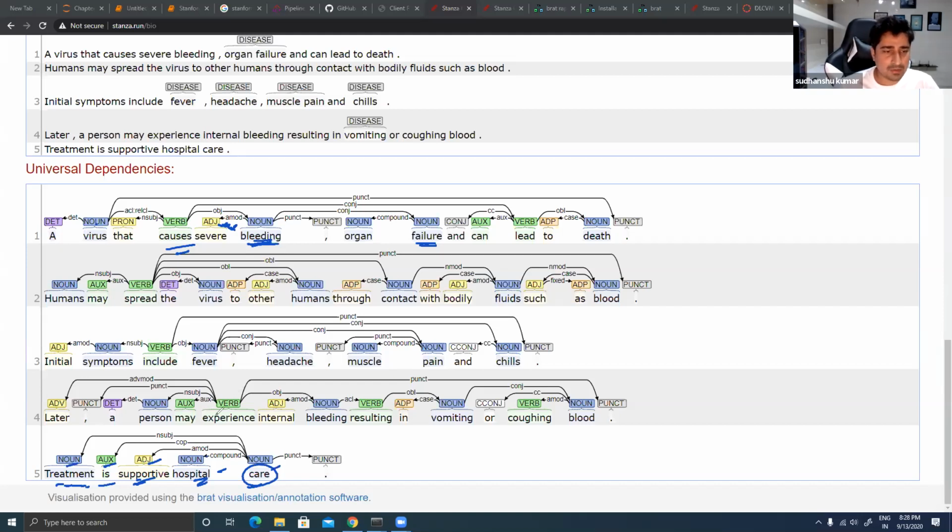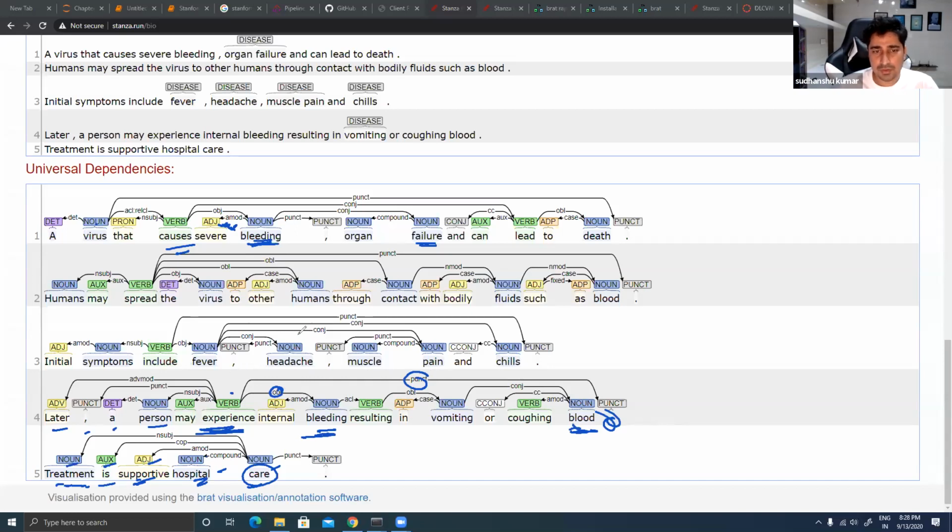Again, in other words, if I talk about experience, it is a verb, and it depends upon later, comma, a, right? This is how it is trying to correlate. And person, so basically a later a person. So it is trying to correlate these things with the experience, okay, fine, so this is related to the experience in this direction, and in the forward direction it is related to bleeding. So a person may experience bleeding, and then experience related to blood. And here, bleeding and blood, this is the object by which it is related, and it's nothing but punctuation. And not with blood, so with the punctuation it is related to each other.